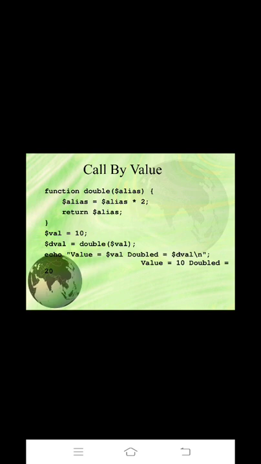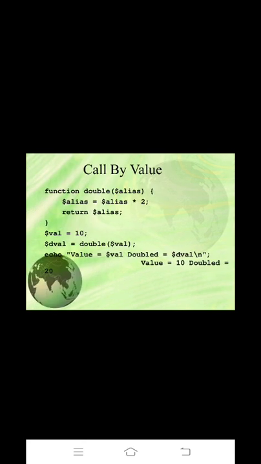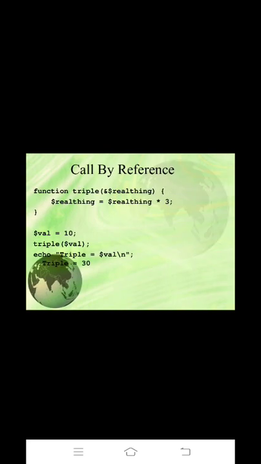So now we call this double function by taking the value, so this concept is again the example of call by value. The previous one is also call by value. Now see this here, just calling the function. Here is the same program, tripling, which means just times 3, but the concept of passing is different. In the previous program we used the call by value method. In this program we are implementing the call by reference method.